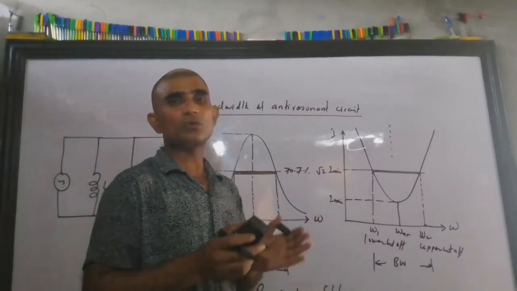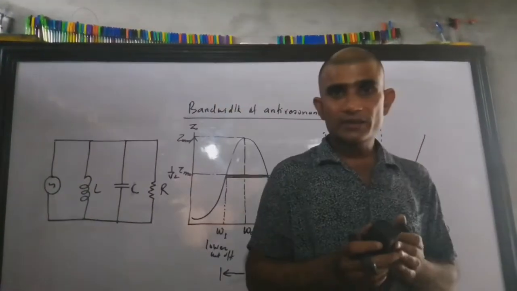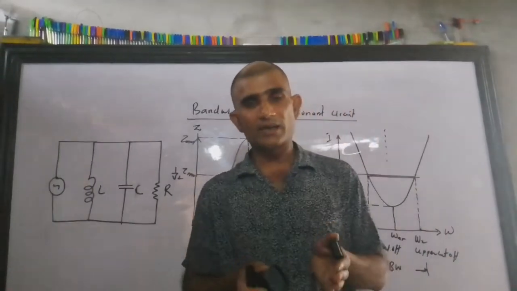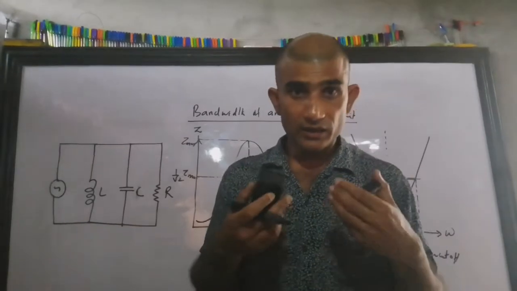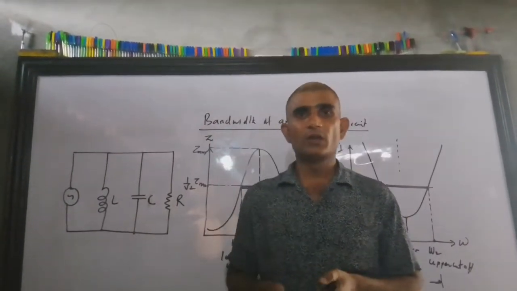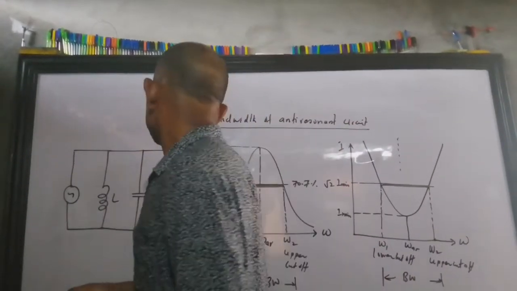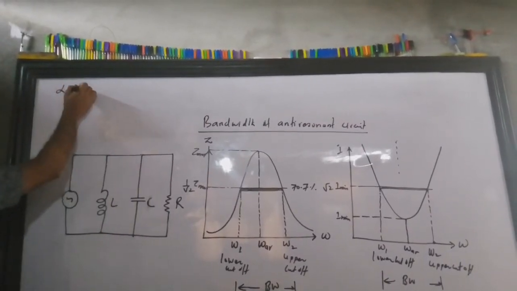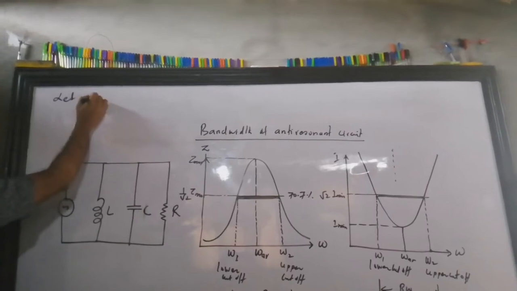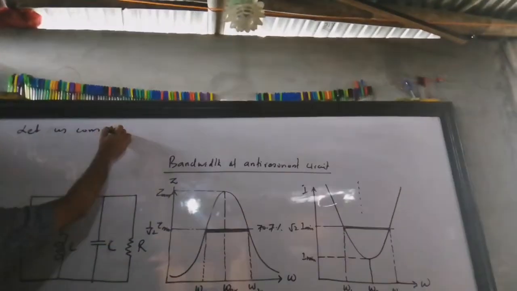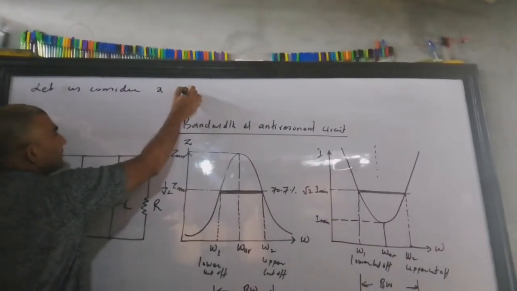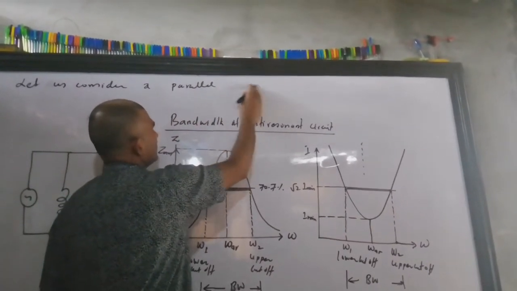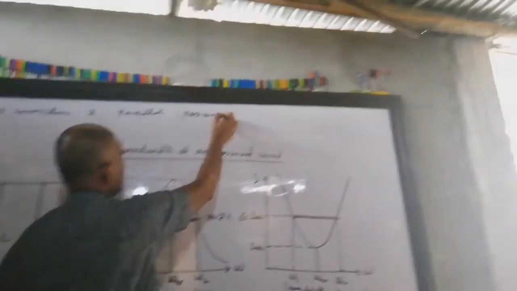For that reason, today we are deriving the relation for the bandwidth in terms of circuit parameters, and later on we will derive it in the form of quality factor also. So before that, let's write some introduction, and for this let us consider a parallel resonant circuit